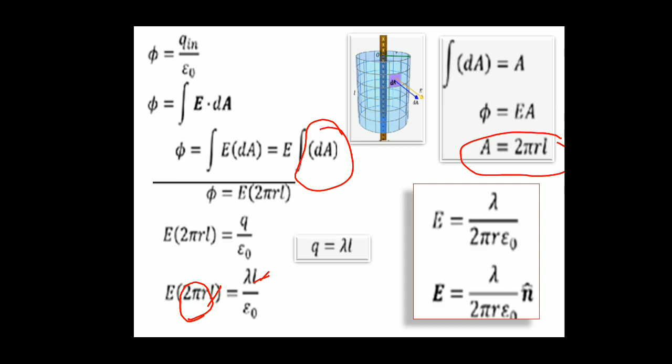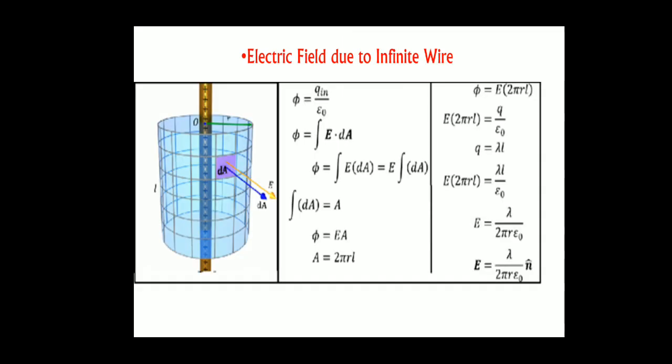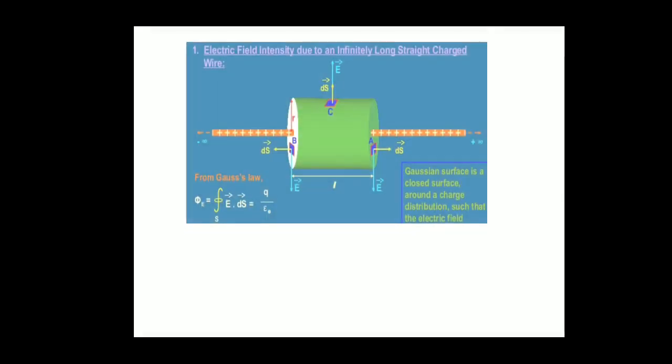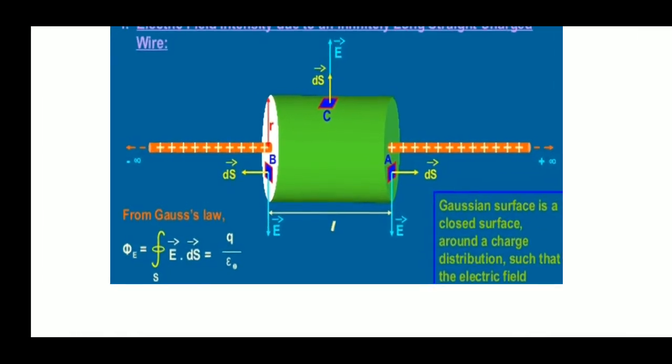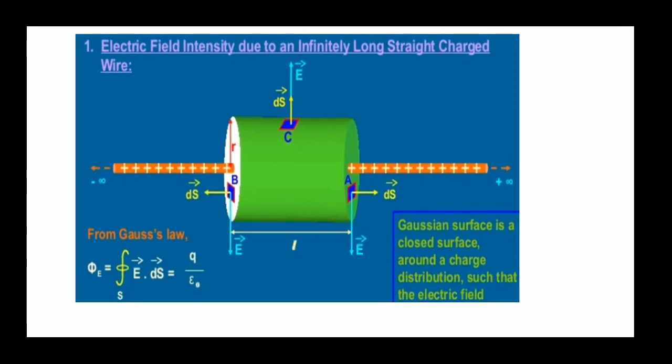So first you have to identify or draw the correct Gaussian surface, apply Gauss law, and you can get the expression. I hope you're clear. The whole thing is given together in a single slide. What is the expression? How are we getting it? It is given here. The same thing can be taken for a horizontal cylinder. Horizontally, if you have taken, how does it come?